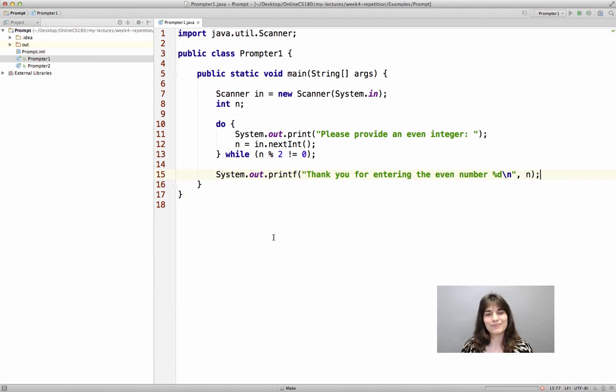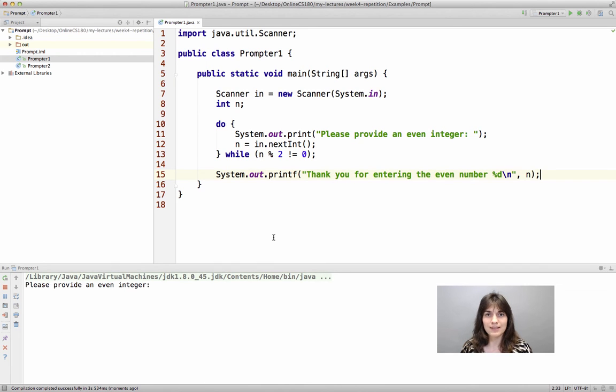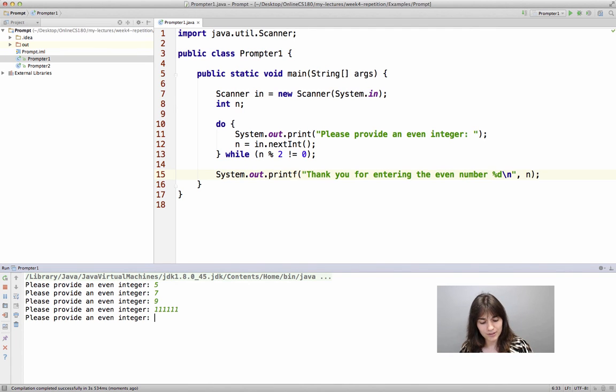So do not believe that the kind of executions I show here are the only values we should use for testing. Let's provide an odd integer and see how the program will behave and how patient it will be with us. It seems to be quite patient, and it seems to also understand that we did give an even integer.